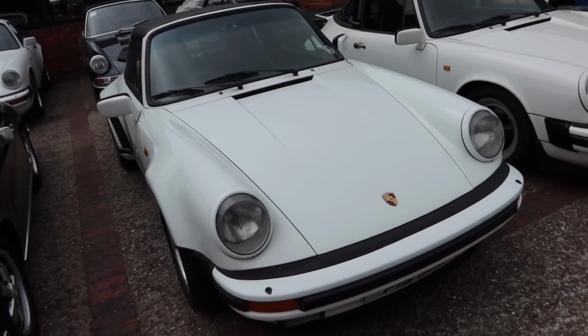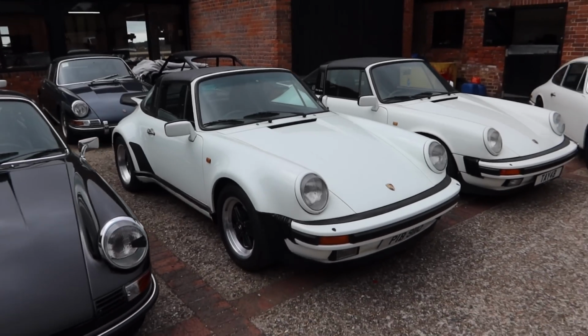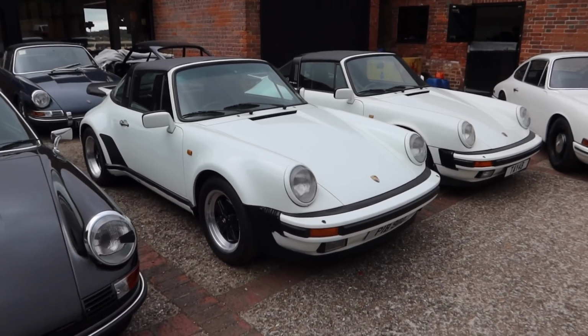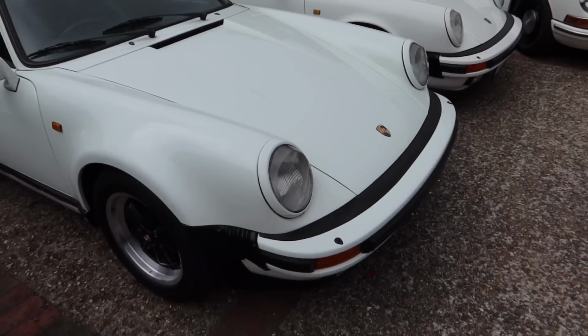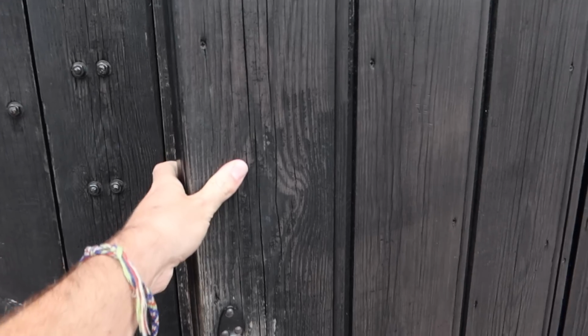I think it's the 3.2, as opposed to probably a 3 litre from my Carrera, so a little bit more poke, and the wide arches would just look very, very good. Obviously impact bumpers, correct for that period. Before I reveal my car,